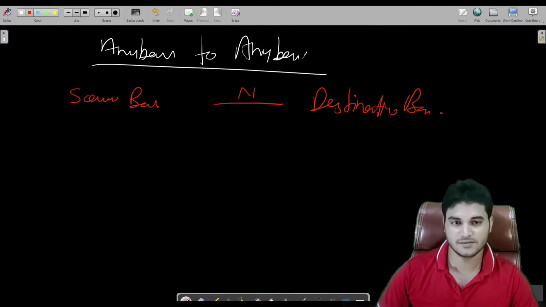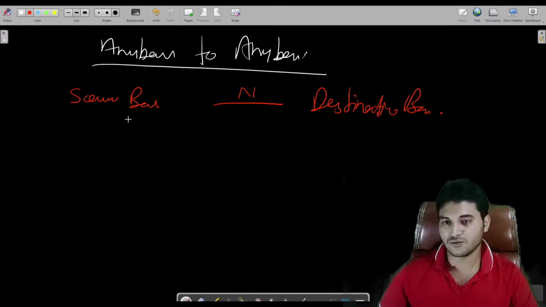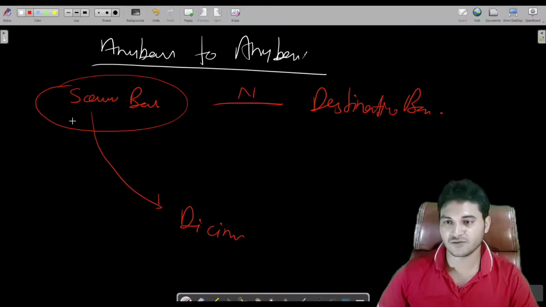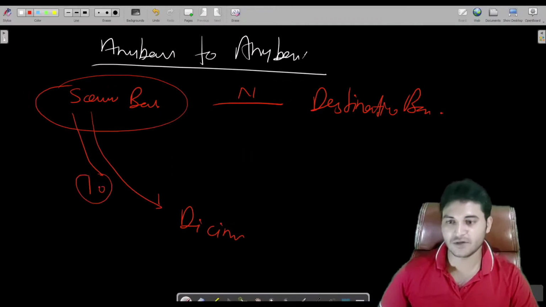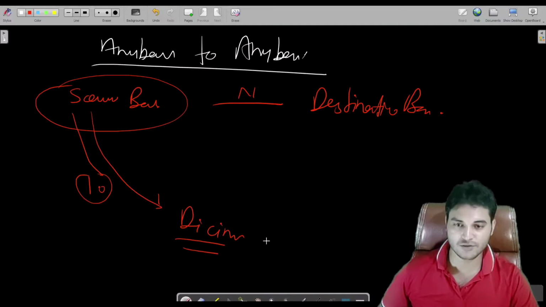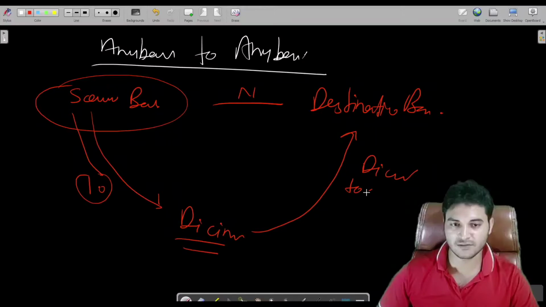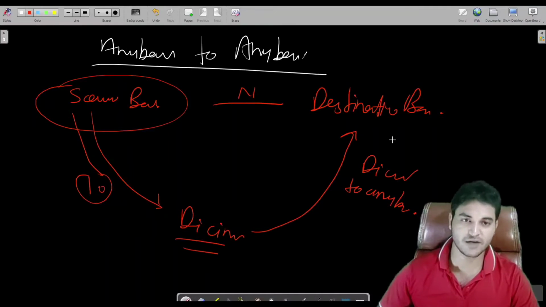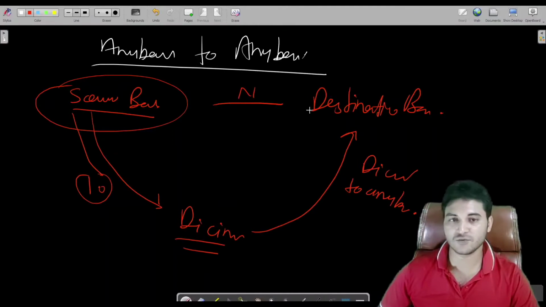So you already know how to convert a number from any base to decimal, like you have been given a base and a number, so you can convert any base to decimal, into base 10. And you also know converting decimal to any base. So if you know all this logic, converting any base to decimal and decimal to any base, then we have to go from source to destination.